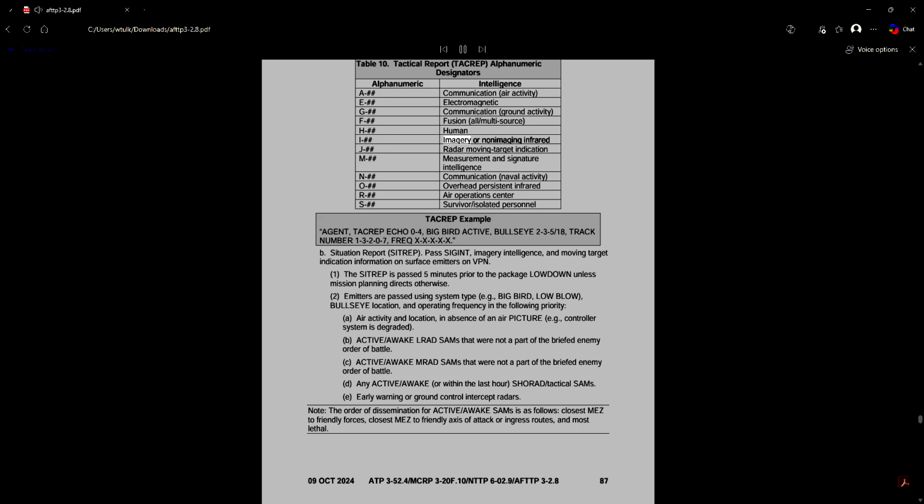I, human imagery or non-imaging infrared. J, hashtag. M, hashtag radar, moving target indication, measurement, and signature intelligence. N, hashtag. O, hashtag communication, naval activity, overhead persistent infrared. R, hashtag. S, hashtag air operations center, survivor/isolated personnel.